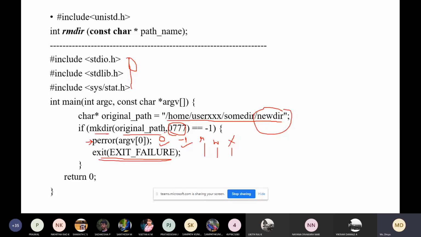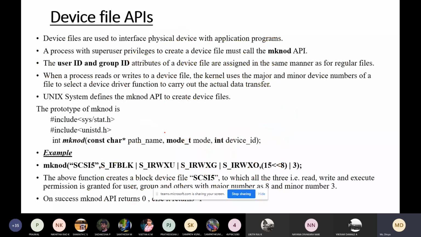So the next one is the device file. We have different types of files: regular files, device files, directory files. So this is the device file API. What are the functions associated with a device file? Device files are used to interface physical devices with an application program.